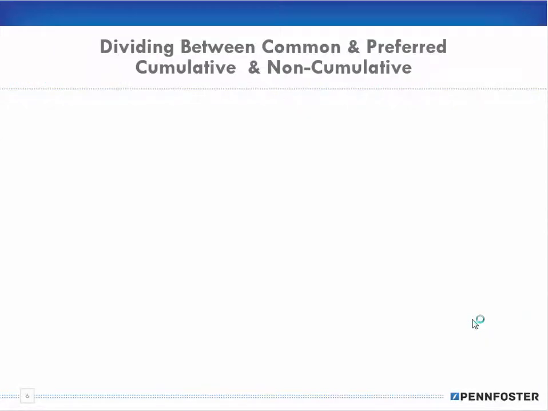Now, I'm going to talk about dividing the dividend between common and preferred, and this idea of cumulative and non-cumulative. All right, preferred has first position, meaning they get paid before common gets paid. If there is no preferred, okay, let's say there's no preferred, then, and I'm just going to make stuff up here as I go along, I'm not using the numbers in the book.